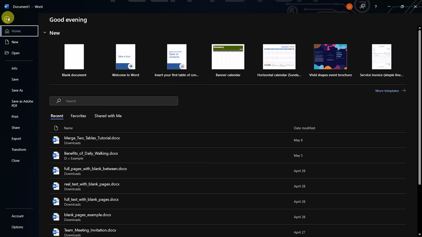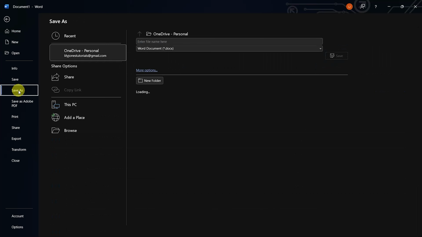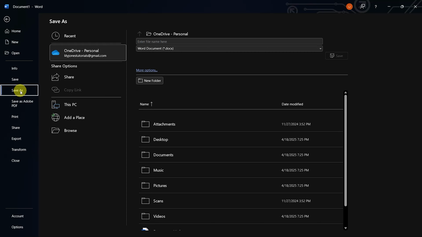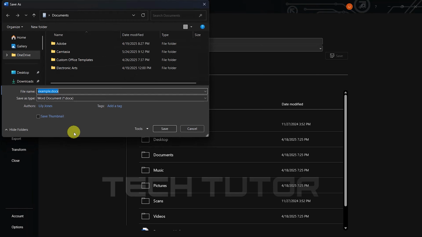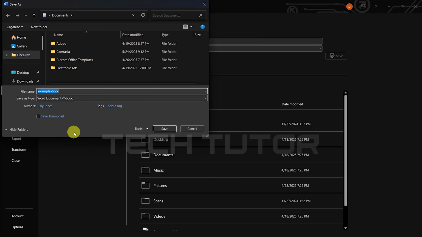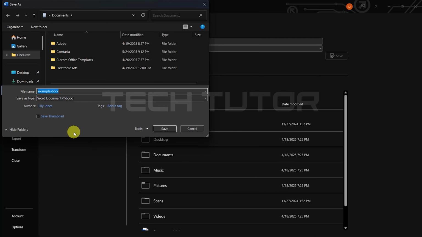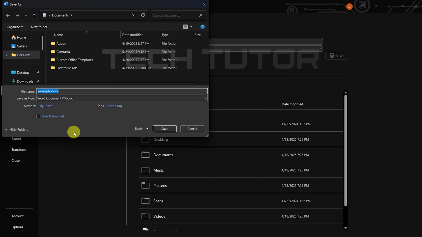After clicking File, a menu will appear. Here, move your mouse cursor over the option labeled Save As. This option allows you to choose where and under what name you want to save your document. Now, click on Browse. This action will open up Windows Explorer, a file management tool that lets you navigate through your computer's files and